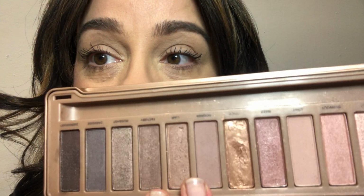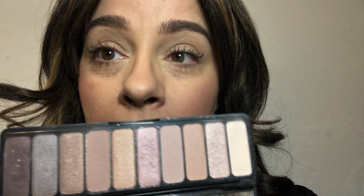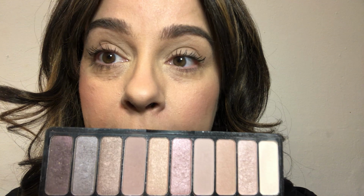So this is the Naked Palette 3. You could do this look with this. But I feel like these are even more complementary to the lip. The lip is Diva from MAC. I've got It Cosmetics CC cream all over my face, a little mineralizing MAC powder,